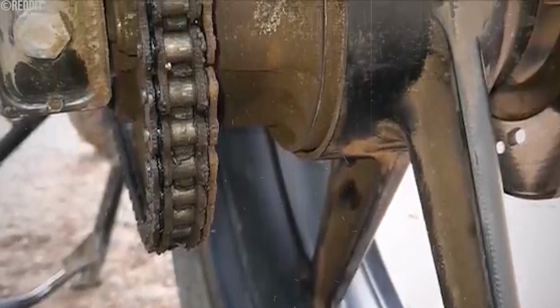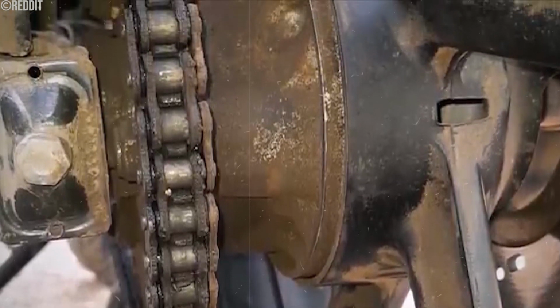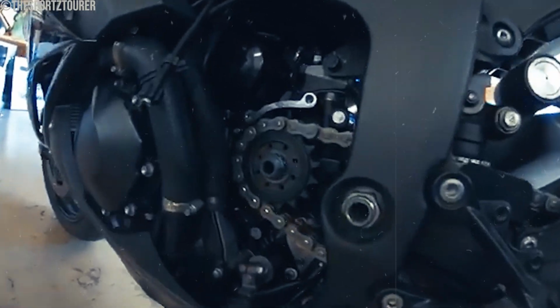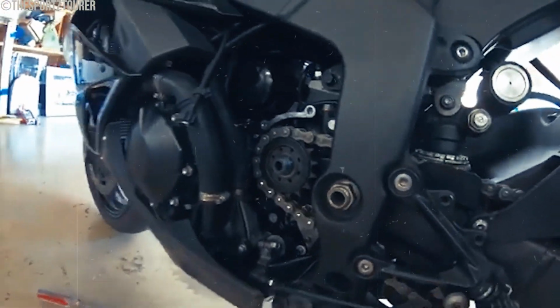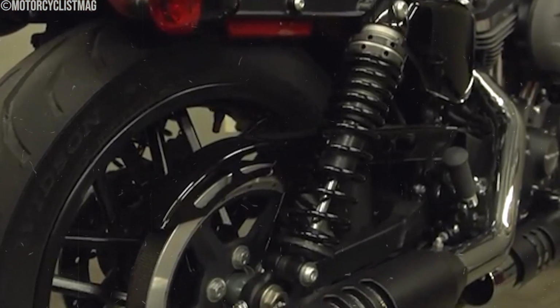Without any guard or protection, the chain was vulnerable to debris, dirt, and moisture, which could quickly wear it out or cause it to break. More dangerously, the exposed chain posed a serious risk of injury. Riders could easily get their clothing, fingers, or other body parts caught in the moving chain, which could lead to severe injuries. As safety concerns grew, enclosed chain drives and other safer alternatives like belt and shaft drives gradually replaced